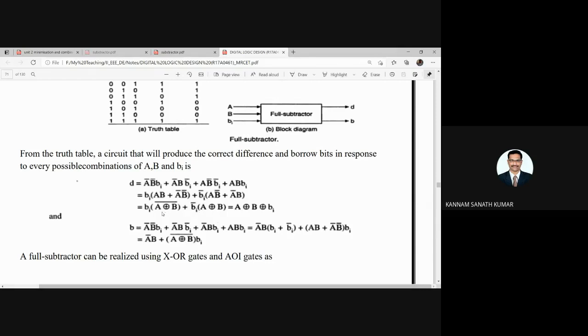So that means A XOR B XOR. So you can write this as A XOR B XOR Bi. So that means you are getting the difference as the exclusive OR operation of A XOR B XOR Bi. Similarly, if you see the borrow,